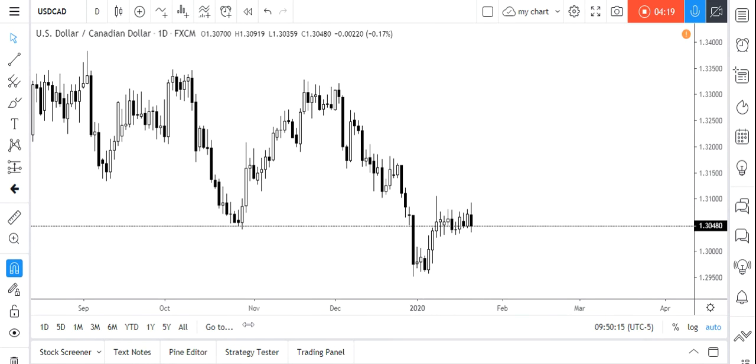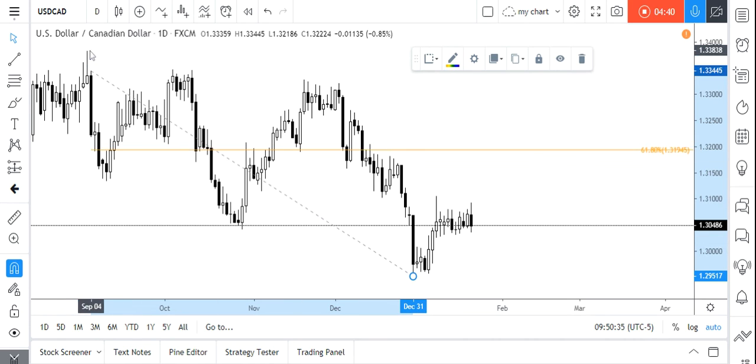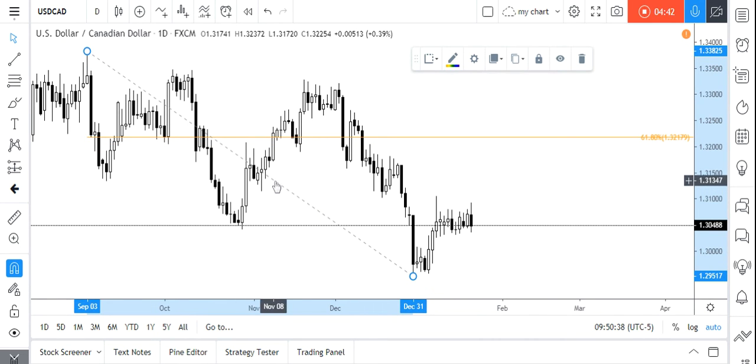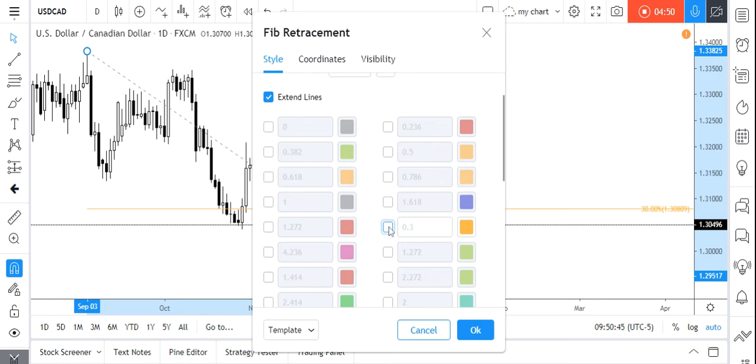And then the next target, let me tell you what it will be. The next target will be 50% of the whole three drive, because 30% and 38.2 have already been hit. So let me draw the Fibonacci retracement from top to bottom. This was the entire three drive from top to bottom, and let me plot the significant levels. The minimum target of any reversal pattern is 30%, so 30% was already hit, and the next levels are 38.2 and 50%.